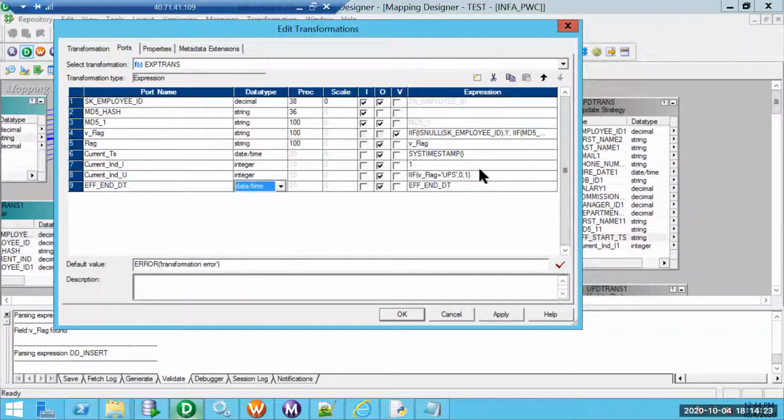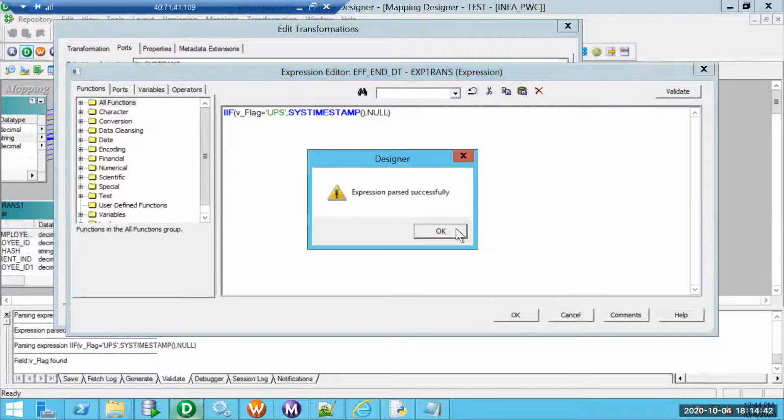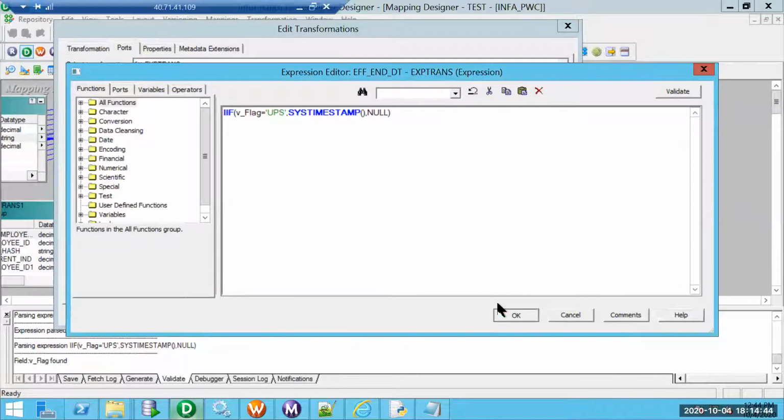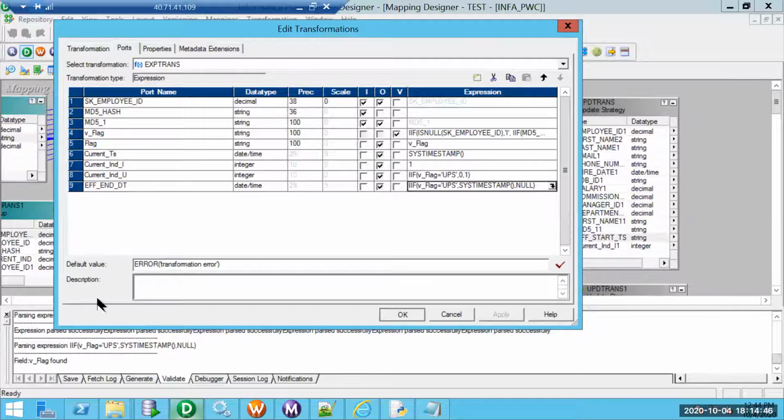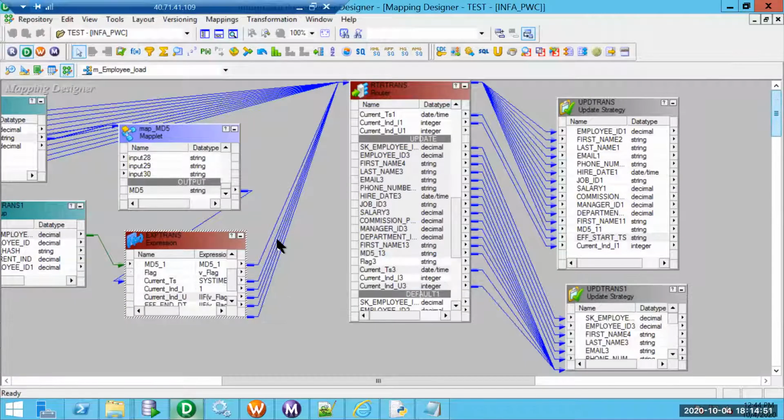If it is UPS, then we are going to populate sys timestamp, else it will be null. We are not going to populate effective end date if it is not meant for upsert. If it is just an update record, then we don't want to actually inactivate it.